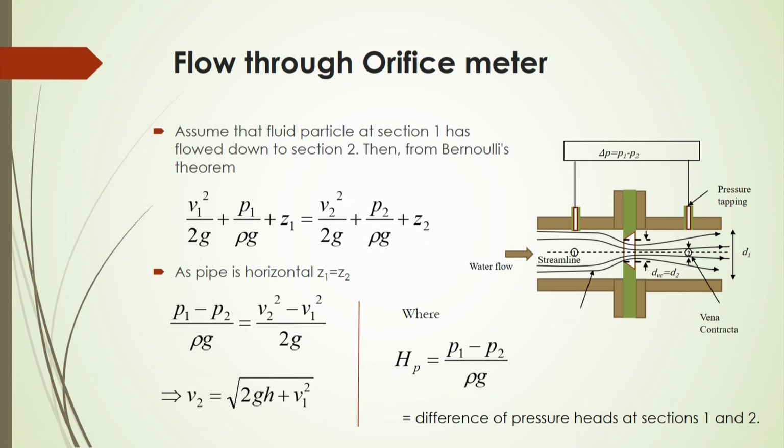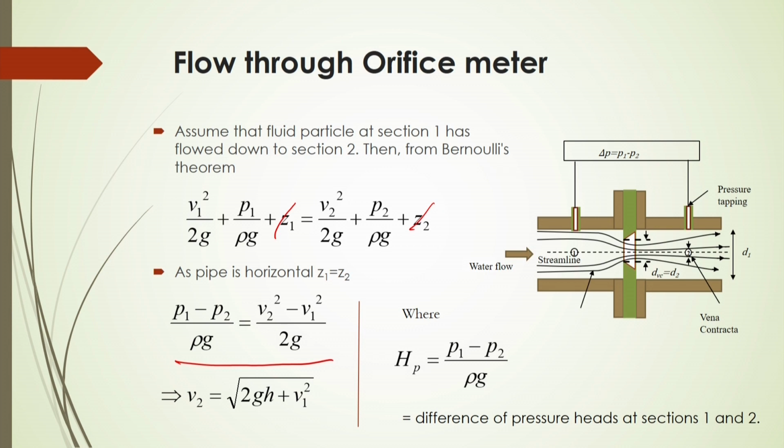At two sections we are applying the energy, and the summation of the energy at these two sections will be constant. As the pipe is horizontal in this case, Z1 will be equal to Z2, so we can cancel out Z1 and Z2, and finally we get the simple equation P1 minus P2 by rho g